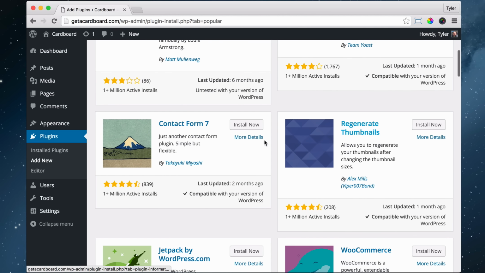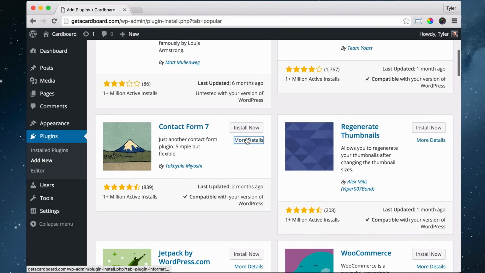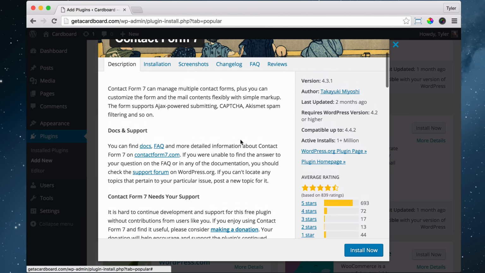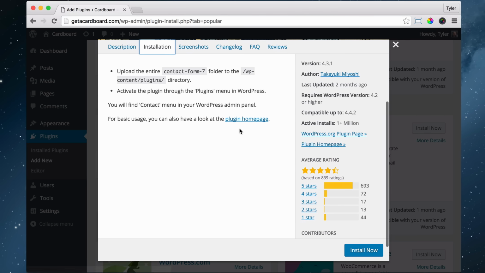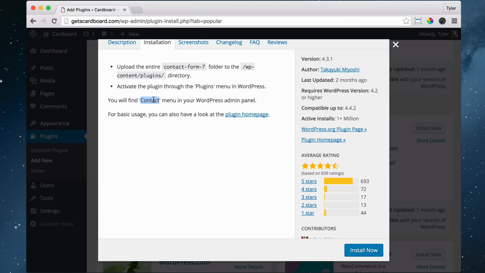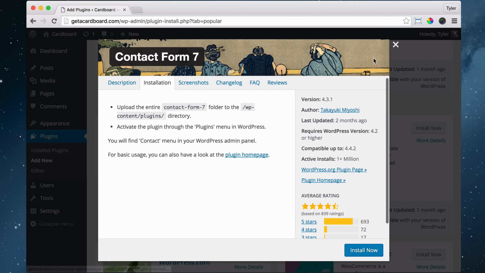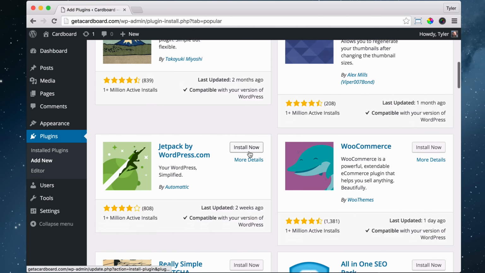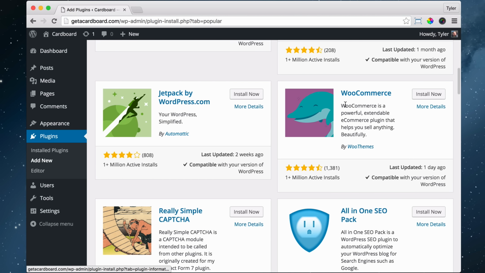What else is there? There's Contact Form 7. We're going to be installing this plugin later. And we could go to more details. And we can go to, okay, how do you use this? How do you install this? And you'll find a contact menu item over here, and you click on it and you integrate it. So, and you can see all the star ratings, and we have other ones,